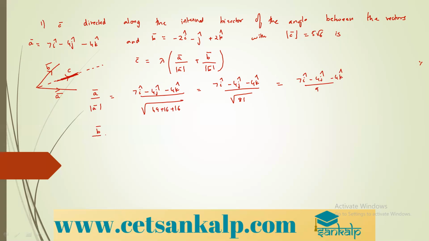Similarly, we will find B by magnitude of B. That is minus 2i minus j plus 2k by square root of 4 plus 1 plus 4, that is minus 2i minus j plus 2k by square root of 9, which is 3. So now we have C equal to lambda into